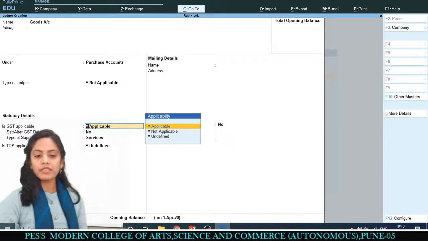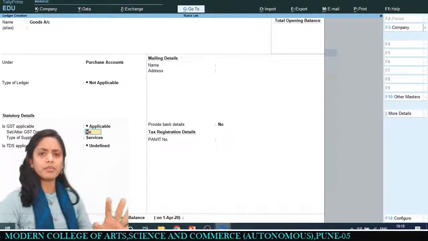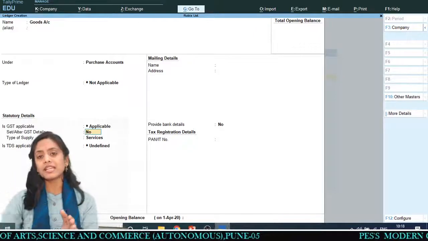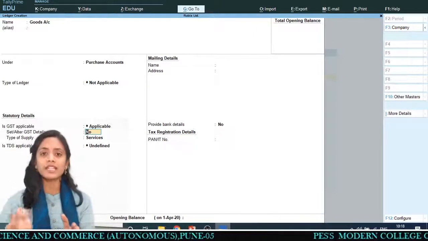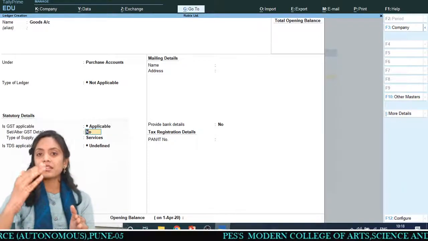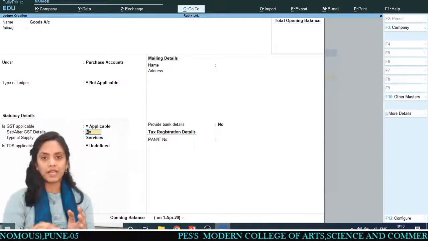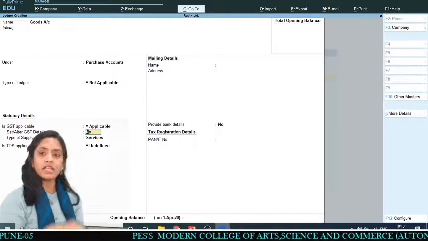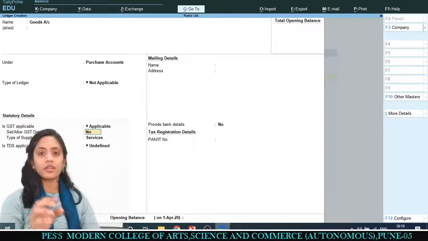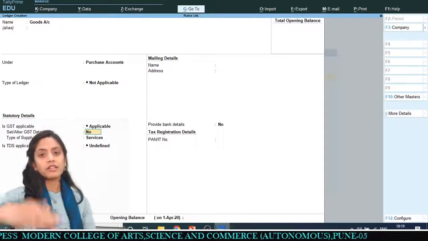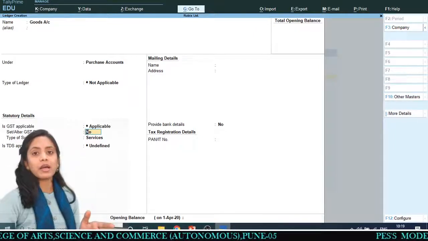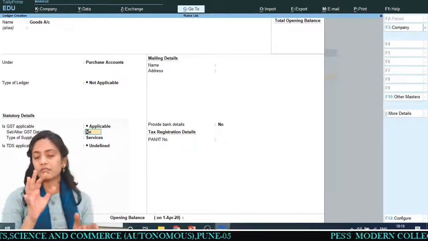But right now I'm just saying yes, applicable, but we don't have the rates and all these things with us, because we are taking the transactions without any taxation right now in this model. That's why I'm just ignoring the rates of taxes. Yes, GST is always applicable on goods. Only the exempted goods do not have GST.